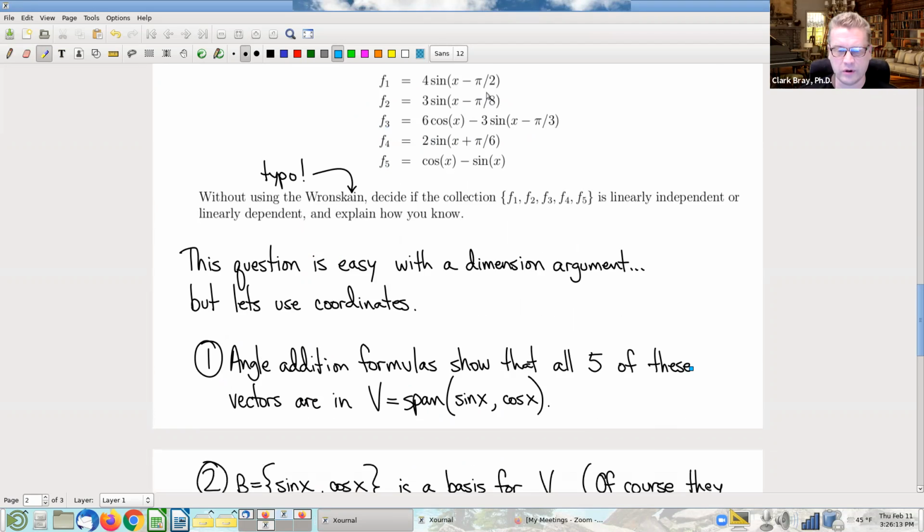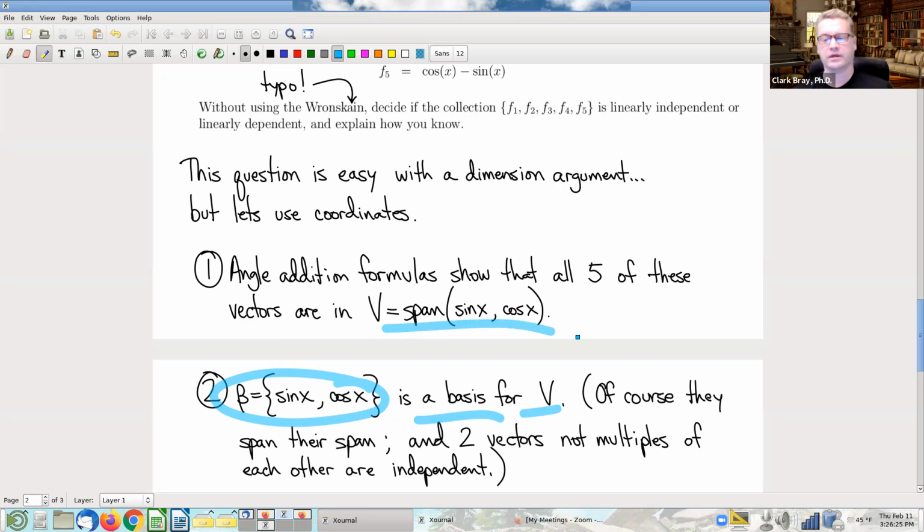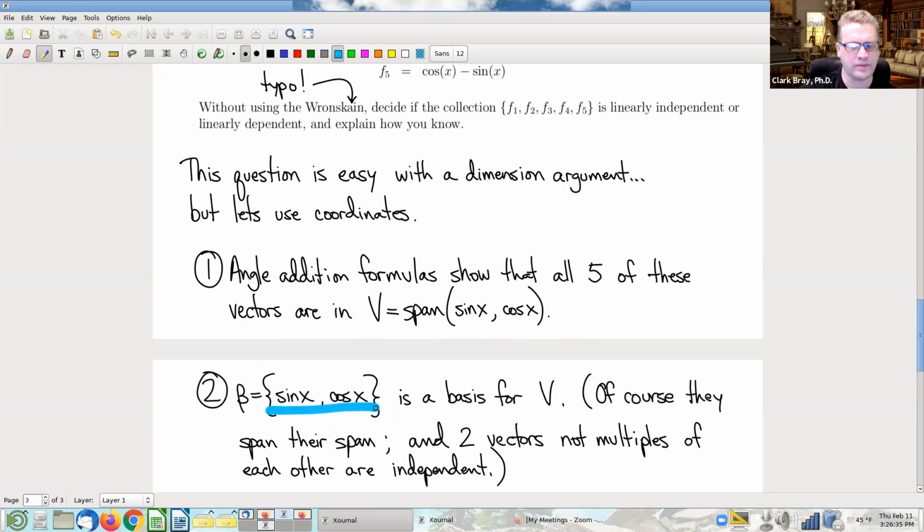And furthermore, this handy little pair of vectors, sine and cosine themselves, are a basis for that vector space. It's actually surprisingly easy to see this. How do I know that they're a basis? Well, I need to check that they span the space. How do I know that a pair of vectors spans